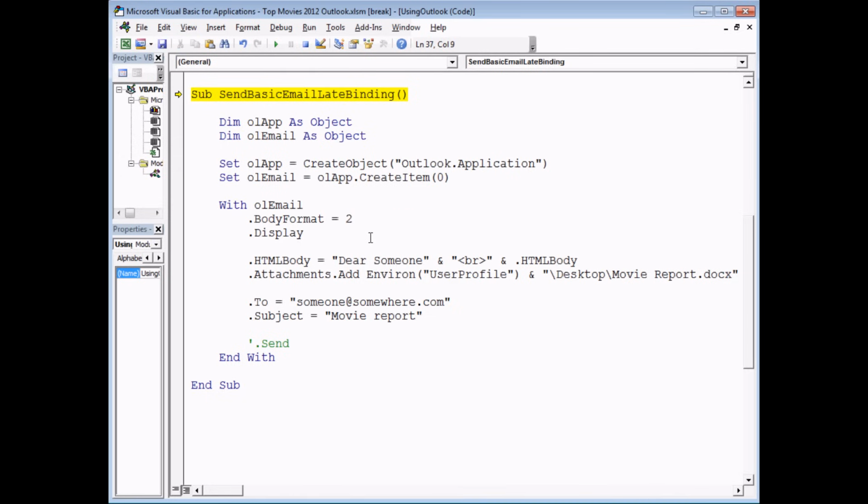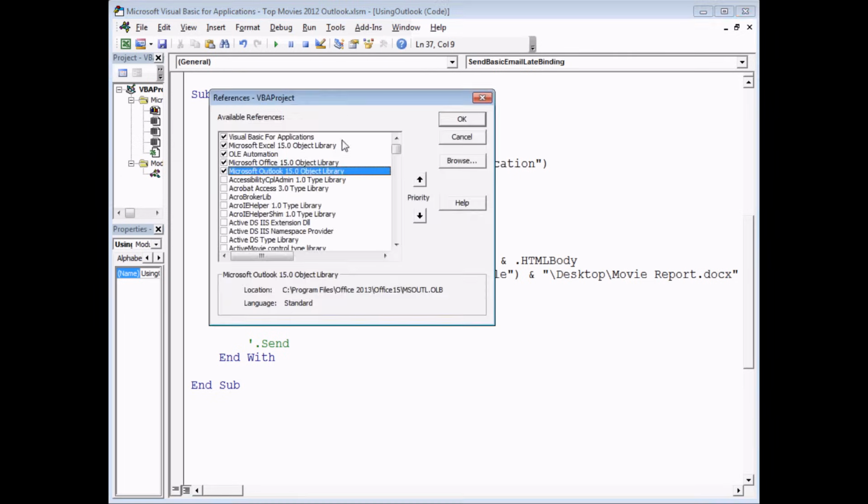And that's all of the constants that I've used in this fairly small, short subroutine. Obviously, your job is going to be a little bit more difficult when you have a much larger subroutine, but that's the process that you would go through. So if I reset the subroutine again now, and head back to the Tools menu and choose References, and uncheck